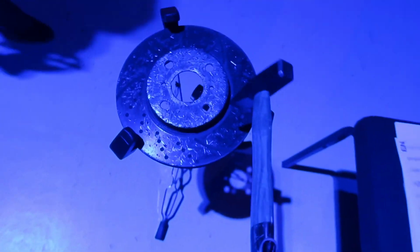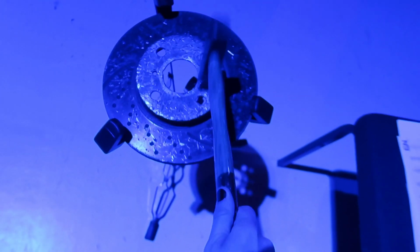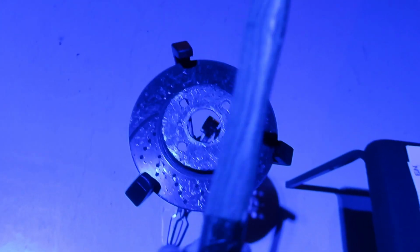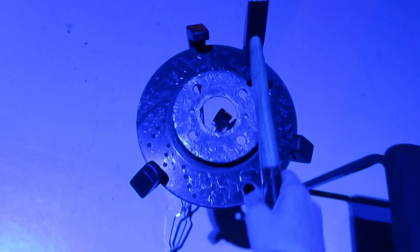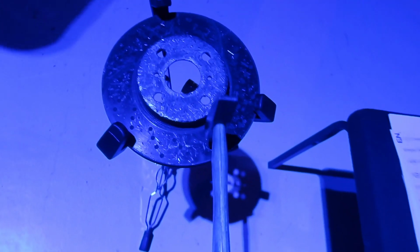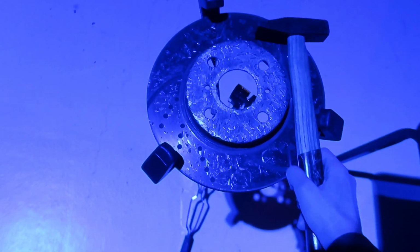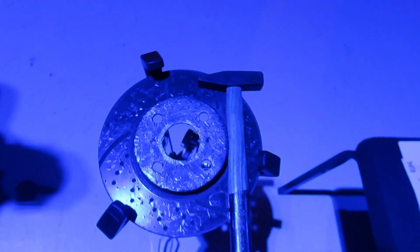I am discovering new percussion instruments here. This one is called brake drum. Actually, I've never seen this before. If you put it on the other side, it doesn't change. Yeah. What do you think of it? Nice. It sounds a bit like...